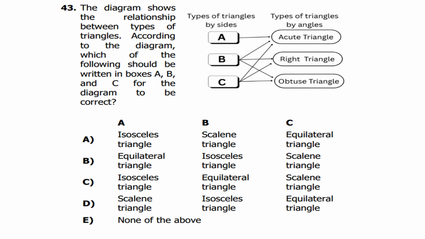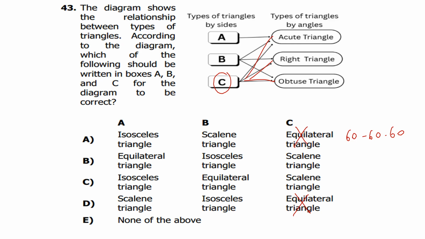Let's use the elimination method for this question. For example, let's check C. It can be obtuse, right, and acute. An equilateral triangle cannot be a right triangle because all angles are 60, 60, 60. It cannot be right and scalene. So it is not okay. These are not true.